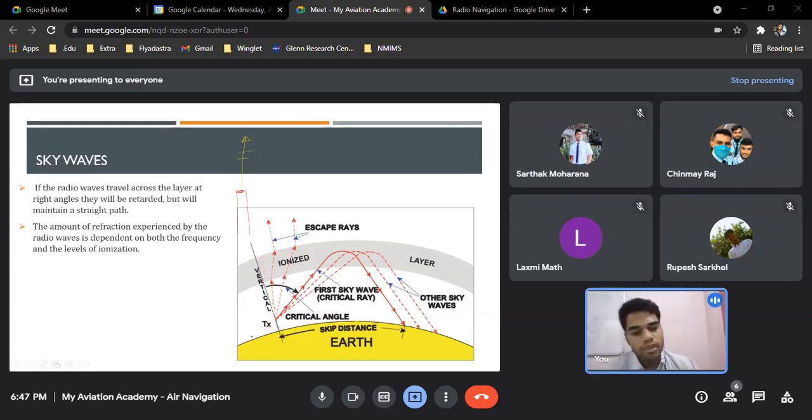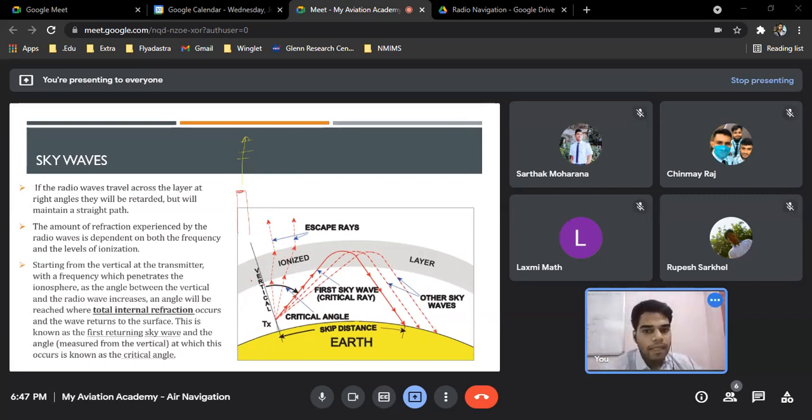But what they are talking about is, if I increase my angle, and this is my transmitter, right? Suppose I send out the ray like this, and this is my ionospheric region. It will keep on going, and once it reaches the ionosphere, it will start to refract, and it will refract so much that it keeps on coming back. And once it comes back, it has to hit some point on the earth itself. So this becomes a receiver point, and this is a transmitter.